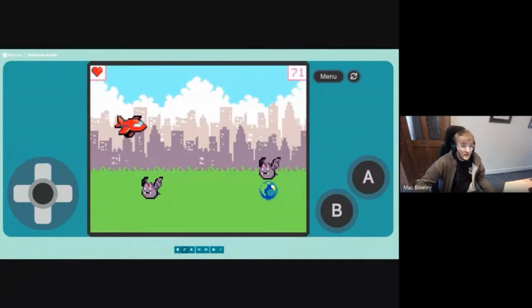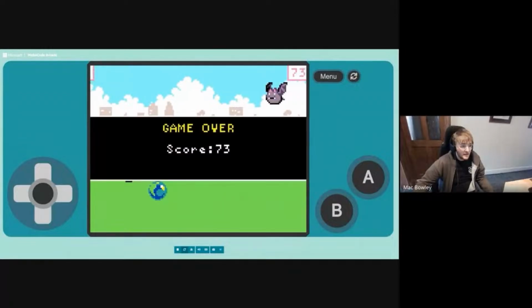Now you could easily flavor this to be anything that suits your coolest project's entry, right? So instead of bats, it could be, say, space rocks and a spaceship with a space background. You can use the sprite editor to draw your own sprites and really make it your own. You've seen that we've done player controls. We've done a bit of collision. We've done a score. We've done lives. We've done making things move on screen. So all of these components might be really useful for you to put into your own coolest projects